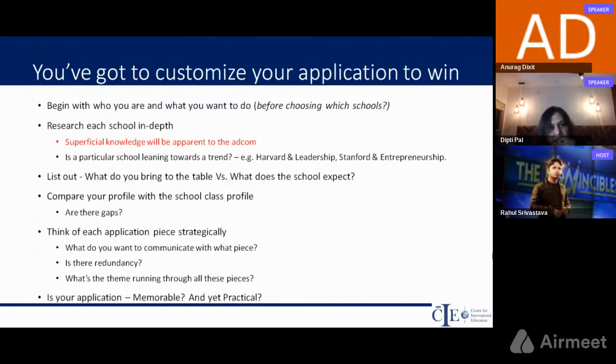This is the beauty of the study abroad application. Even if your academics are slightly on the lower side, you can still offset it with a very good GRE score. You can still strengthen your application by putting up a strong application, by submitting your application well in advance. So think of each application document or piece very strategically.